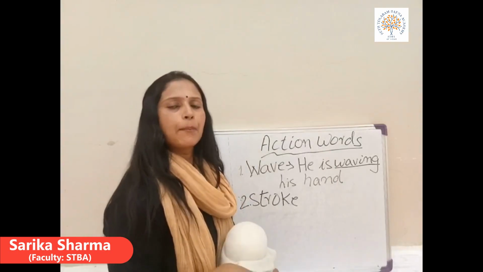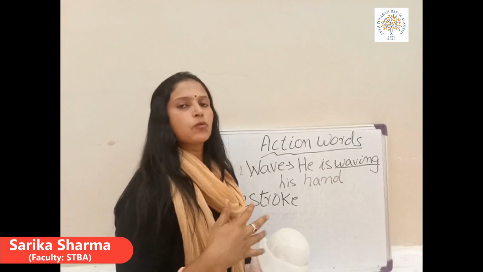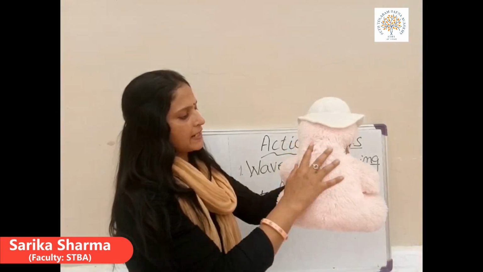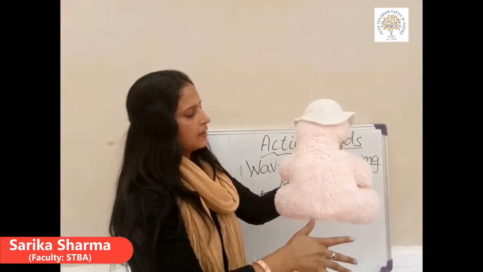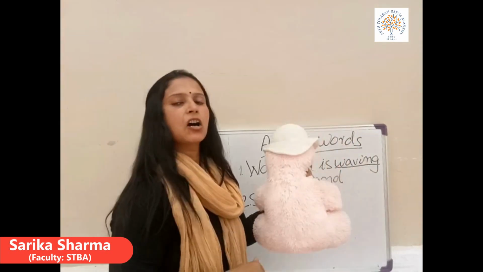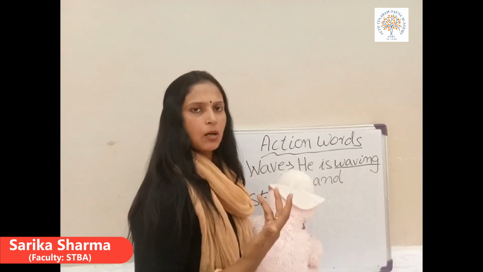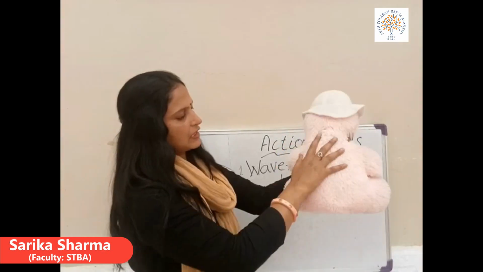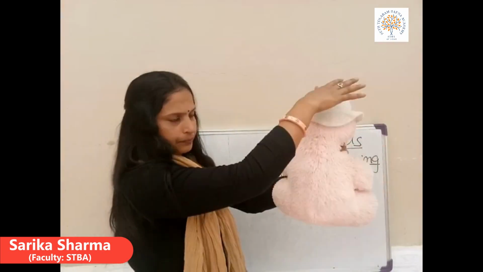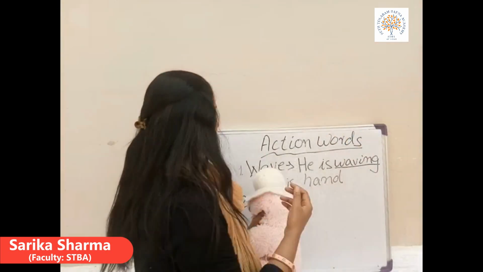If you have a puppy at home, what do we do? To express love towards our puppy, we start stroking its fur with our long hand. See what I am doing? This action makes our puppy happy. So usually to show love towards our puppy, we stroke its fur like this, with our long hand open. So this action is called stroke or stroking.